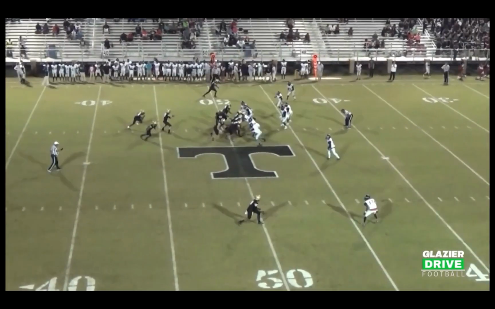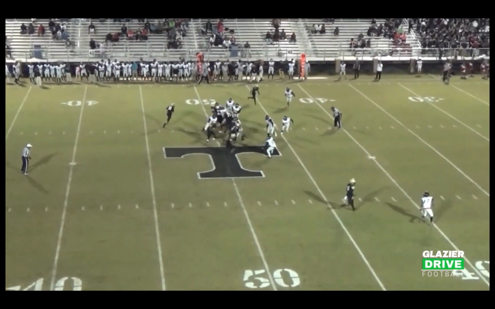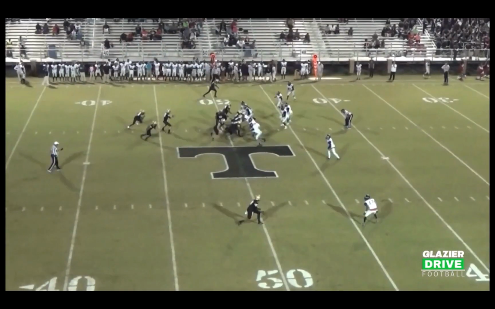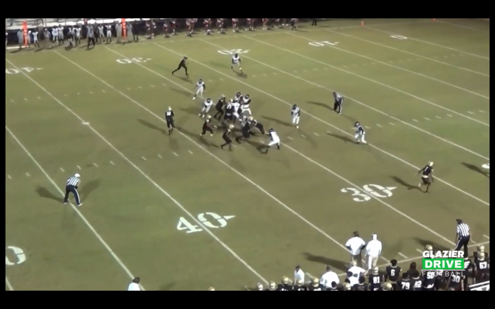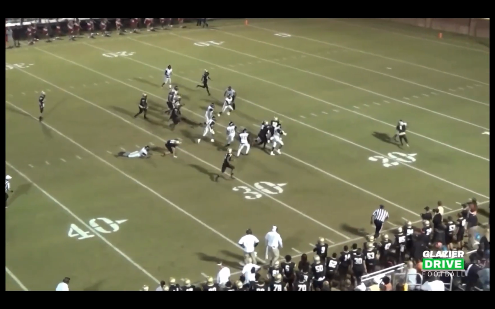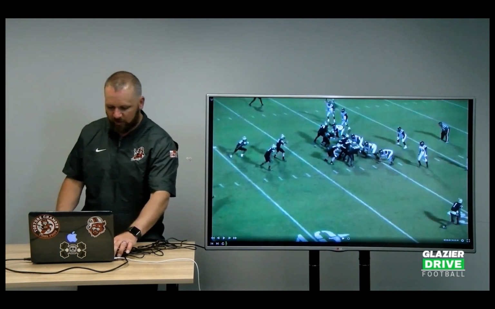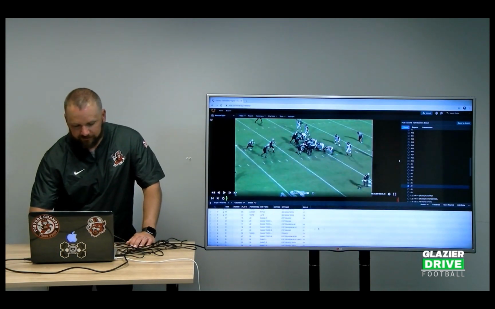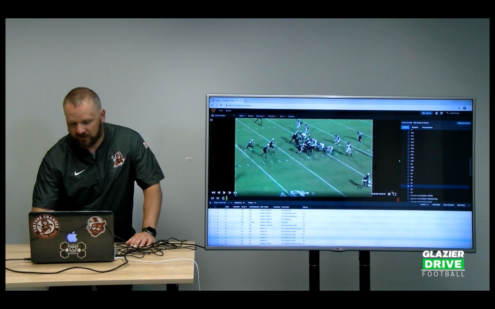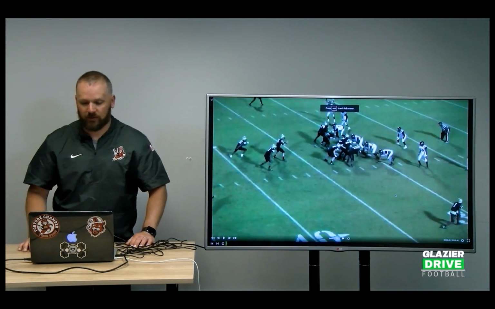There's another look at power with a lead blocker. He's blocking the edge there. Those are just some different ways you can run your power schemes out of the shotgun in this offense. So that's power.